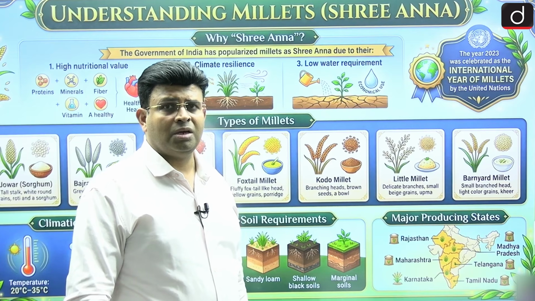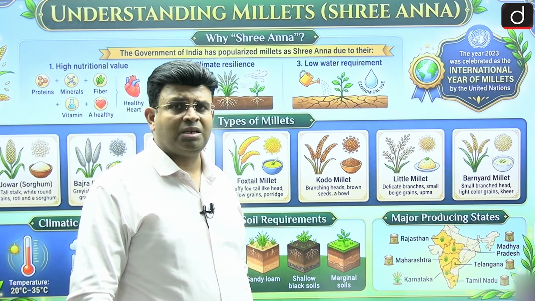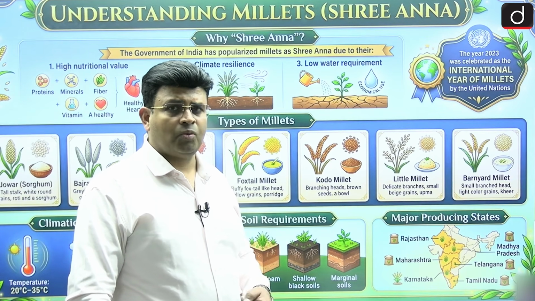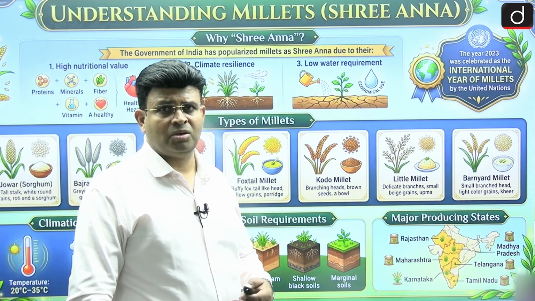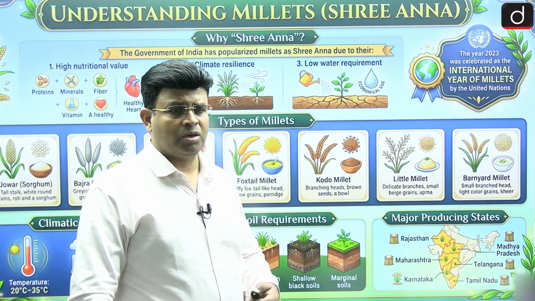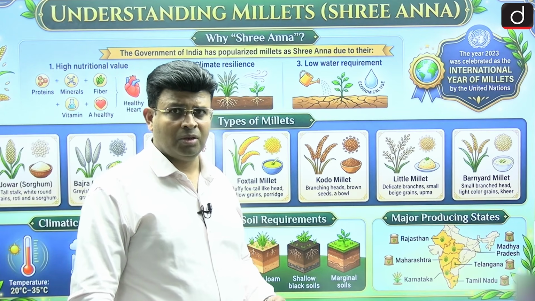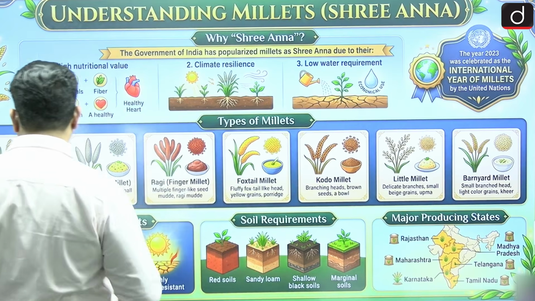So if you are growing bajra, jowar, ragi, these are the millets. Bajra needs around 30 to 40 centimeter rainfall, and very less, jowar requires 40 to 60 centimeter, and ragi around 80 to 100. These are grown with very less rainfall and high temperature. So these crops, if you are growing, if I am talking about